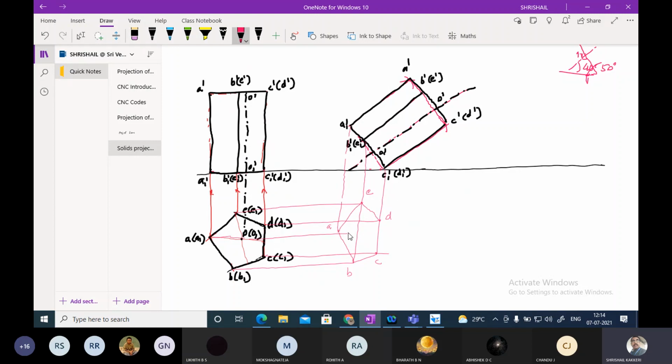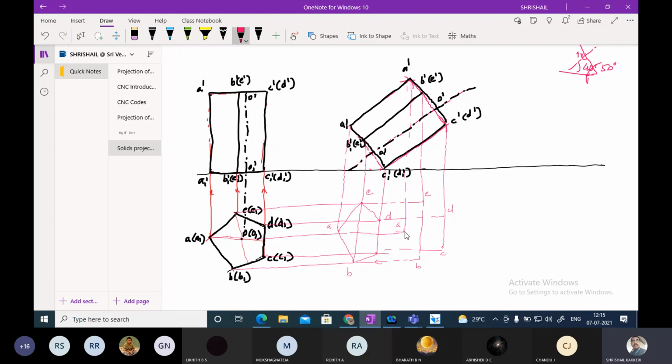And similarly, I am going to extend this A and this A, and this will be point A. And again, I am going to extend this B, and this is point B, and the other point is C, and other point on the same line D, and other point on this line E I have joined.